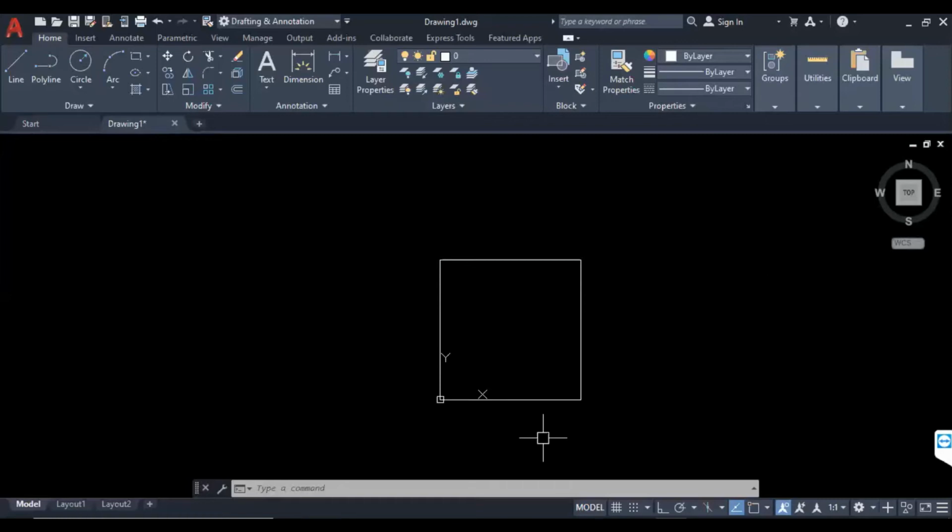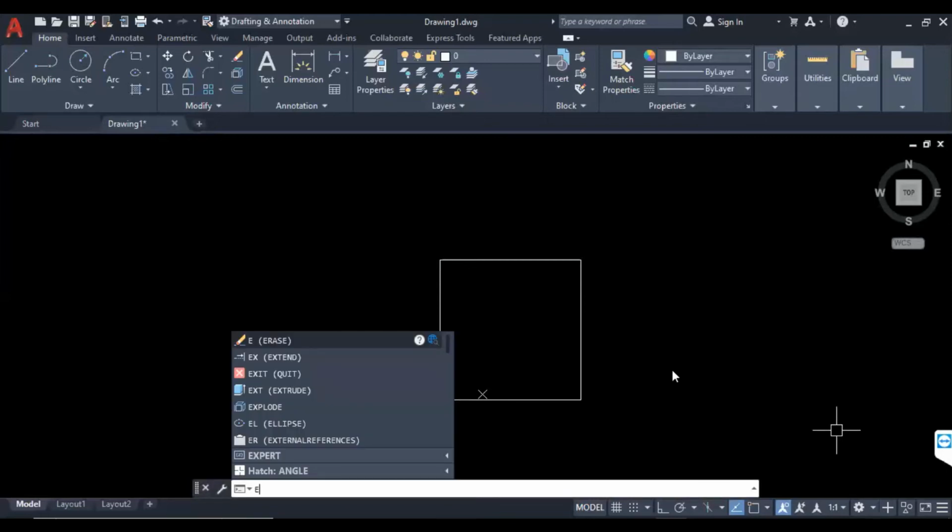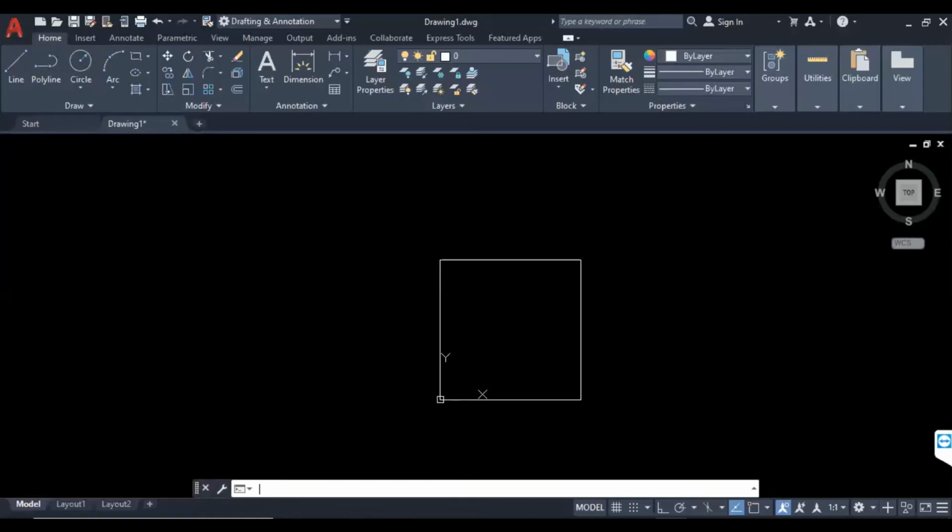I'm going to erase this one. Simply type E, enter, ALL, enter. Deleted everything.